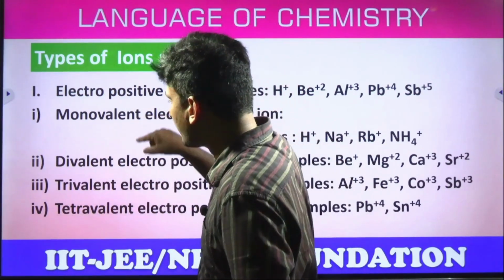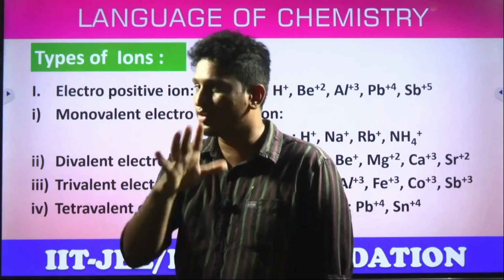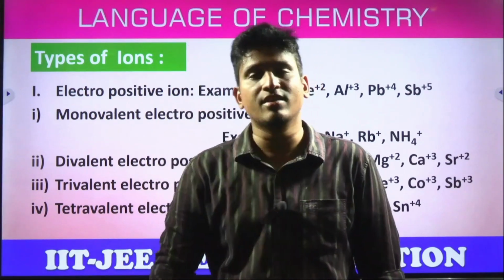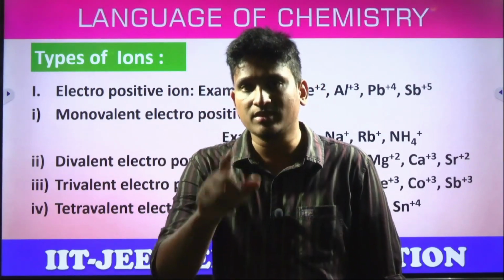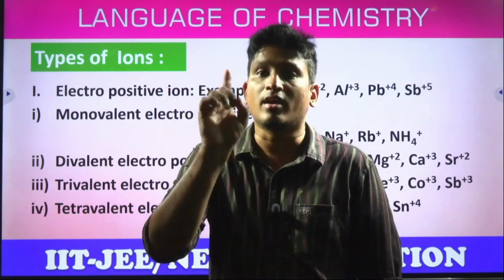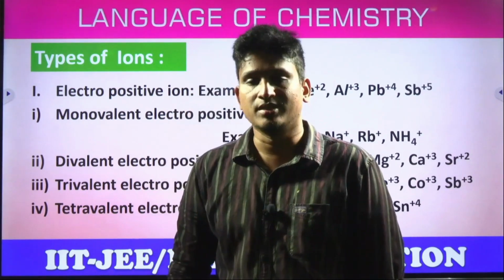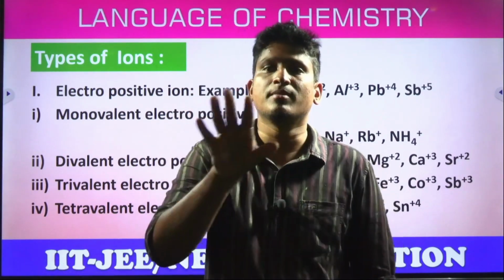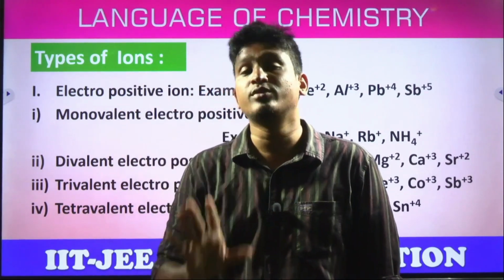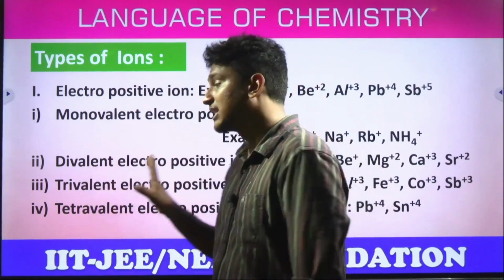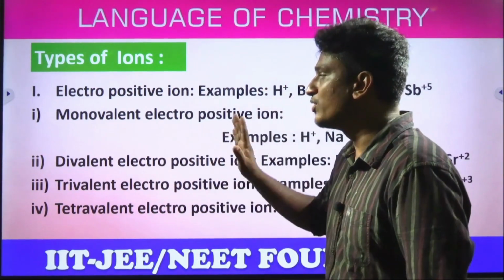Sir, can we write a monovalent ion as trivalent? Like, can we change it to plus 3? No. We don't do that. We cannot change that. That depends upon electronic configuration in the atomic structure topic, and that depends upon the octet rule. We'll get to it in the chemical bonding chapter. These are basics. Just remember. Sodium ion means Na plus only. You cannot change it to Na plus 2 or Na plus 3. Got the clarity? You have to remember the charges of these particular examples which come under mono, di, tri and